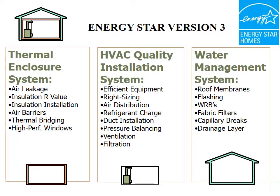So here's a real quick introduction to the checklist. Thermal enclosure: air leakage, insulation installation, air barriers, thermal bridging, high performance windows. Again, builders make sure they're doing all this, and the energy raters come in, inspecting, making sure this has all been done, with notes. The HVAC quality installation system is broken into 2 checklists. Again, we're looking at the efficiency of the equipment, making sure it's right sized. If you have oversized equipment, it works a lot harder, fires up and down, and reduces durability. Looking at room air distribution, refrigerant charge testing, duct installation, hard ducted, flex ducted, pressure balancing,